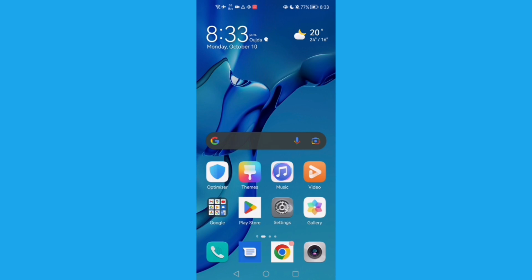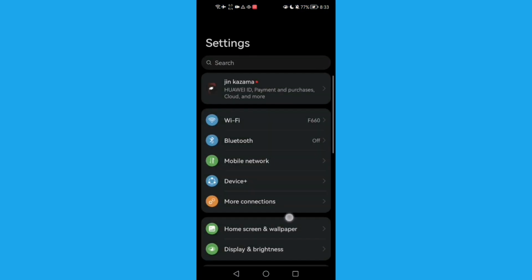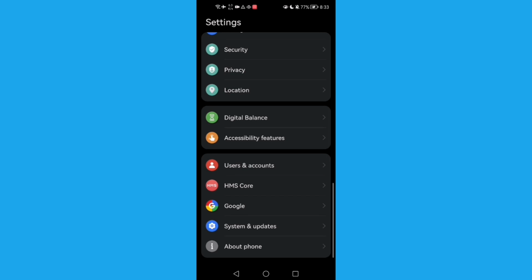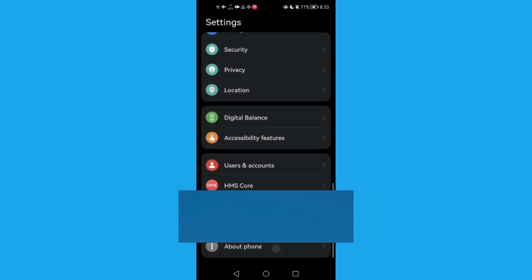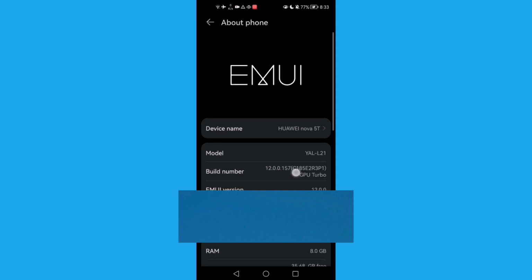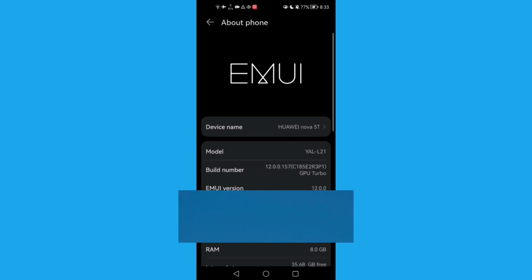First, open settings, and now just click here, this one, about phone, and here we'll find build number. Just click on it 7 times and then go back,